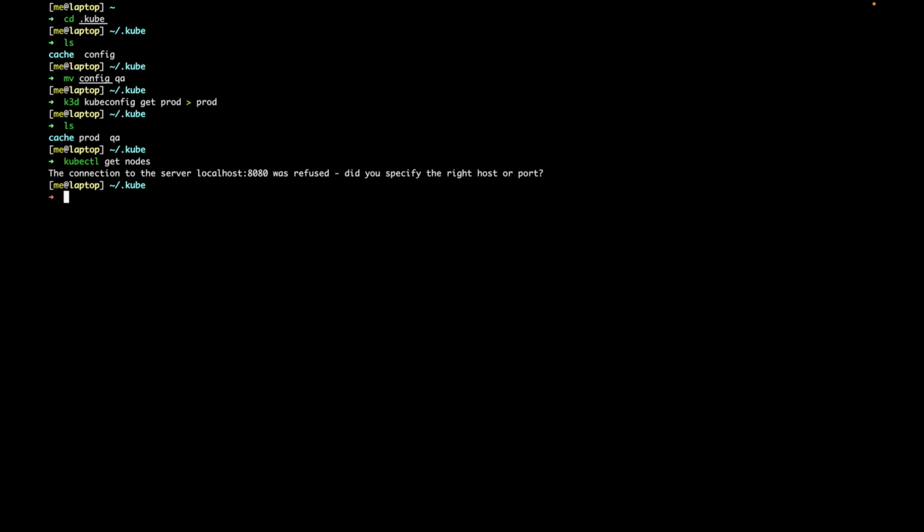So now let's look at the second method for wiring up kubeconfig and kubectl, and that's using the KUBECONFIG environment variable. We're going to set that environment variable to the location of our QA kubeconfig. So we're going to do that. And if I do kubectl get nodes,